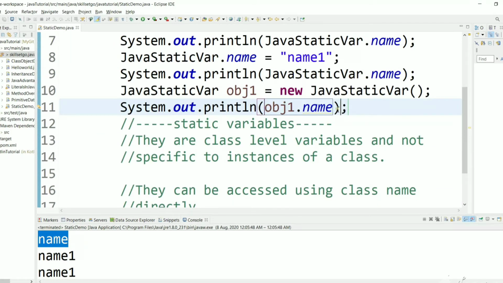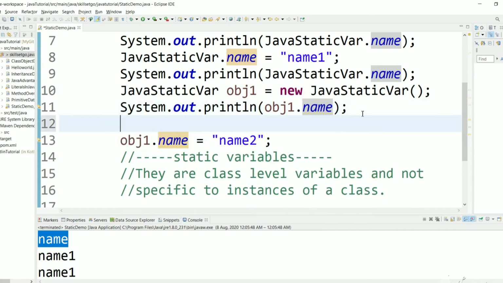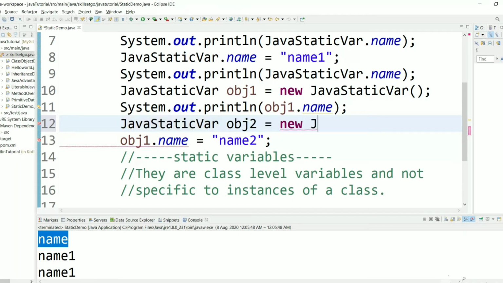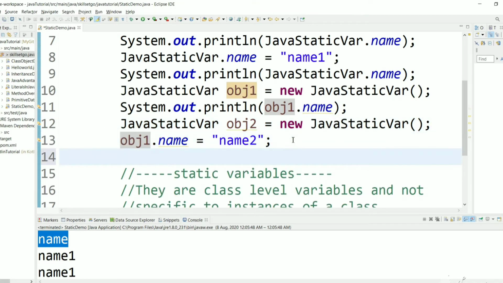So any object can update or change the value of this variable. Let's change the value of name using object1 to name2, and we can access this name using another object and we will get the latest value. Before changing this name, let's create a new object, object2, and we are changing this name using object1, and we will try to print this name using object2.